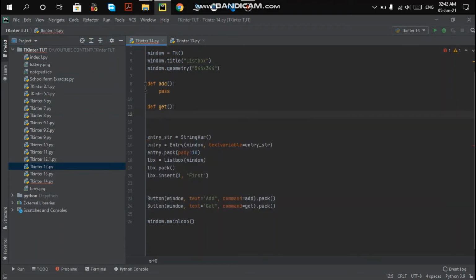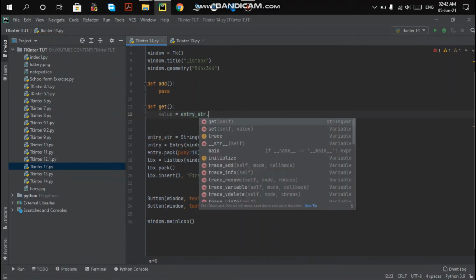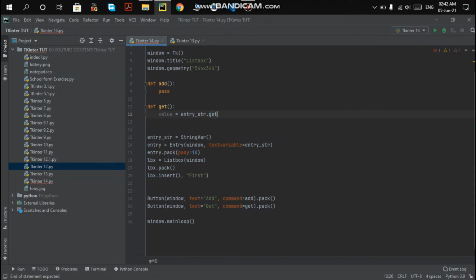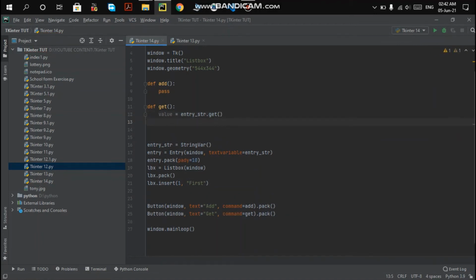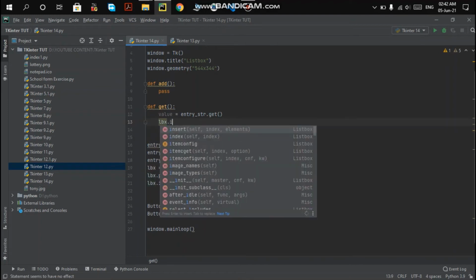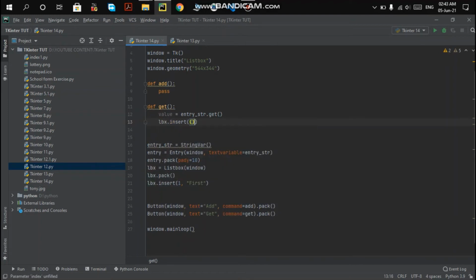And now I am going to get the values inside your entry box. The values will be stored into entry_str. So we are going to make it values equal to entry_str.get method. Okay, and we're going to insert this value. So lbx.insert, and the first parameter is ACTIVE.